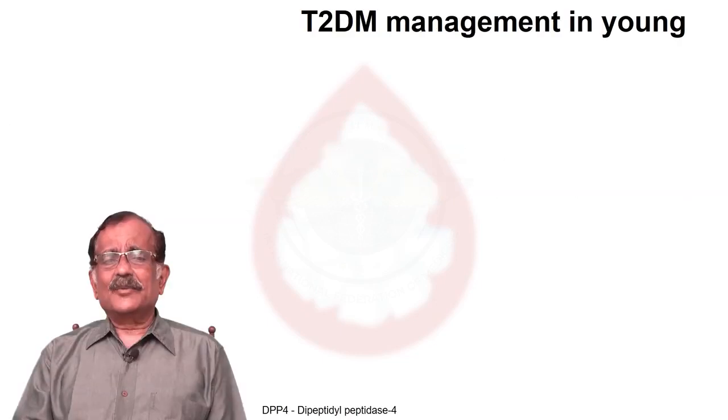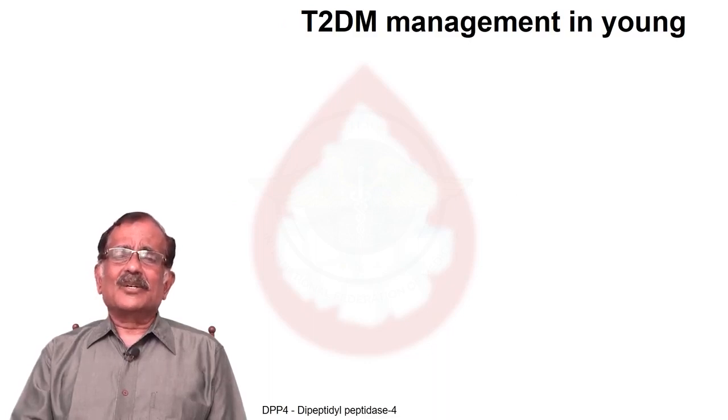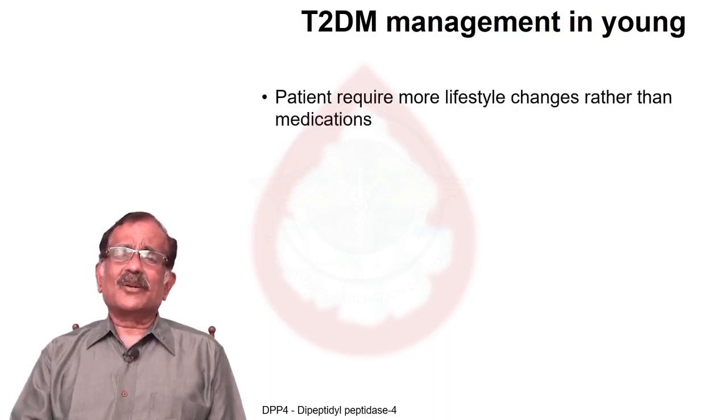Now coming to type 2 diabetes management in the young, it is also another problem, because here the patient requires more lifestyle changes rather than medications. But when the patient comes in the acute phase with hyperglycemia, with or without ketosis, you have to manage by giving insulin and all those things. But once the patient is out of the acute, emergency phase,